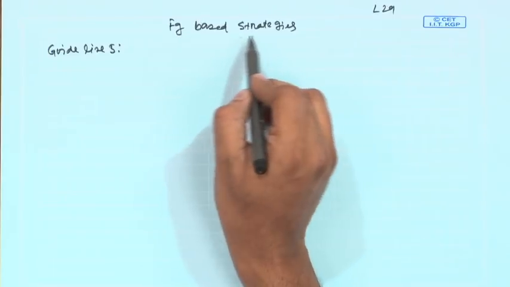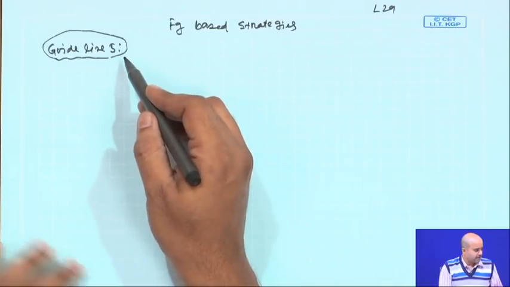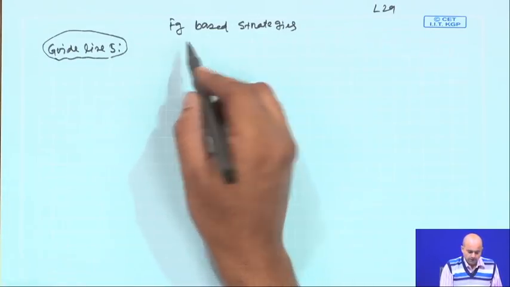So, welcome back students. We are basically discussing functional group based strategies, and today we will be talking about guideline 5. Last week we talked about the protection group based strategies, and we have said that protecting groups can be used in a synthetic operation to effectively tune the chemical reactivity of several functional groups. Now, guideline 5, if you remember the functional group based strategies, here we will be mainly talking about